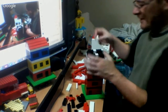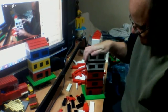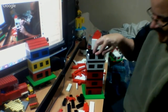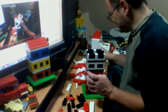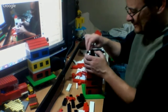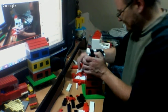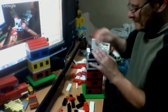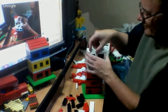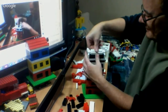So in a lot of ways, this is not a genuine 1966 build, but it has the qualities of being a 1966 build without actually being a 1966. And to keep that structure for the last level,